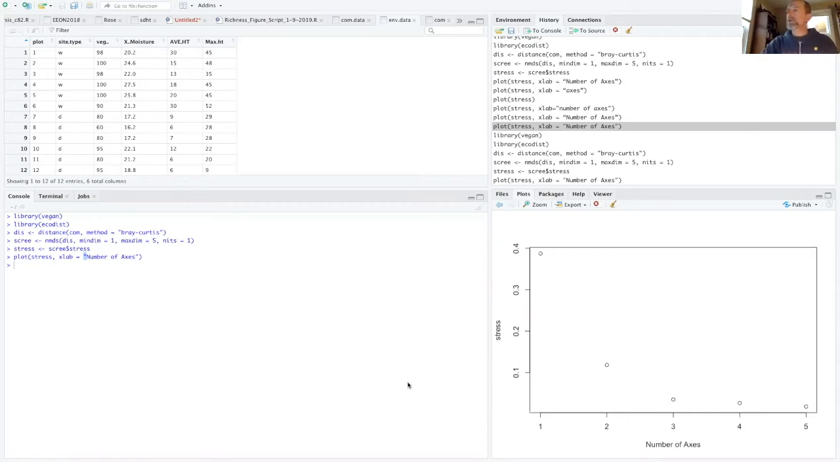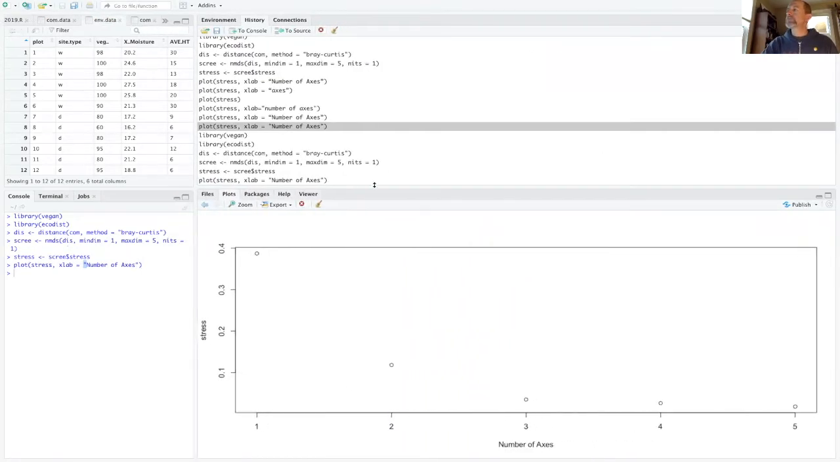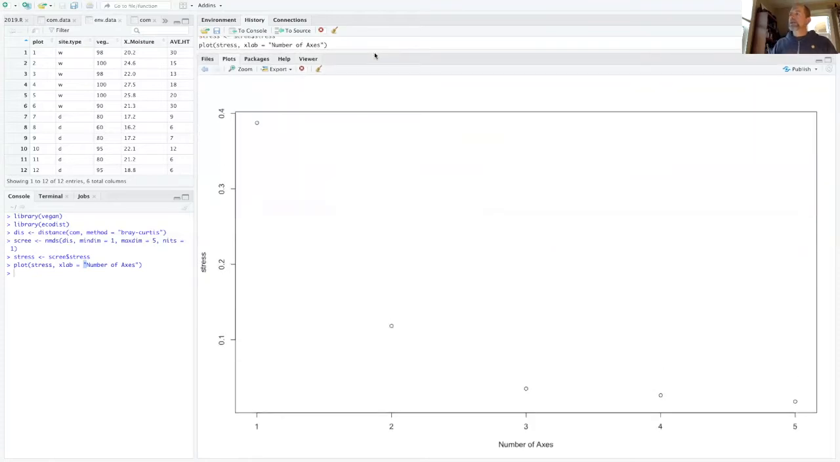Let's take a close look at what we just did here, because we got kind of a weird looking plot. In this plot, at the very top, you have the stress when you have only one axis. That's a unidimensional solution to the ordination. We've compressed all the information from all our species into just a single score of community relatedness or community distance. And you can see there's a lot of stress. We've got a stress of 0.4 in this case,